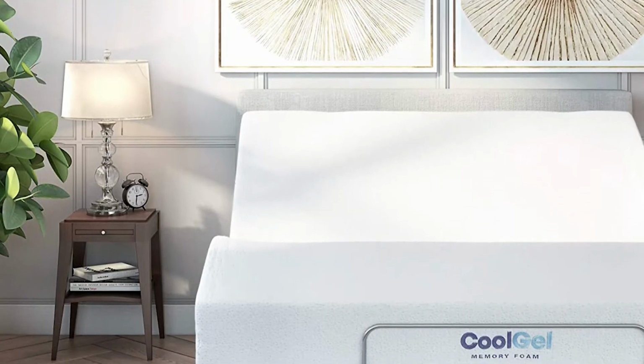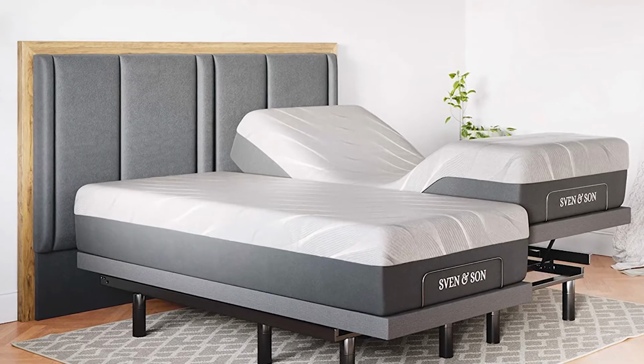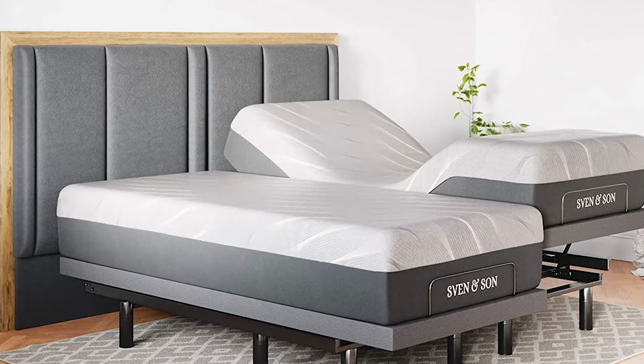Are you looking for an adjustable bed frame? In this video, I will show you the best adjustable bed frames based on my personal opinion and hours of